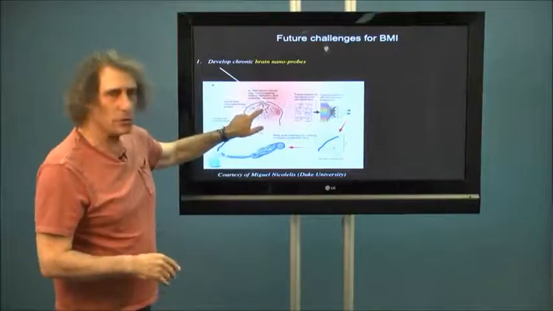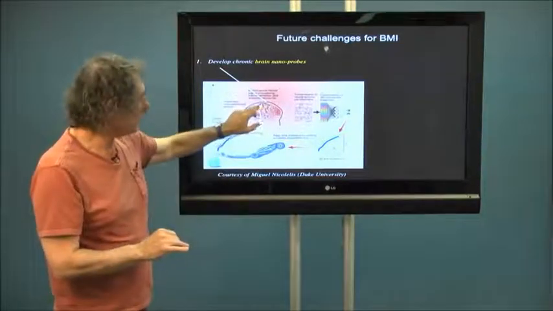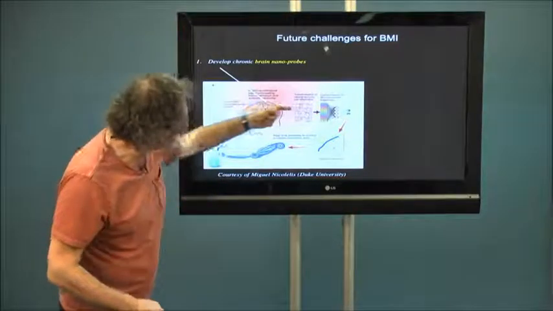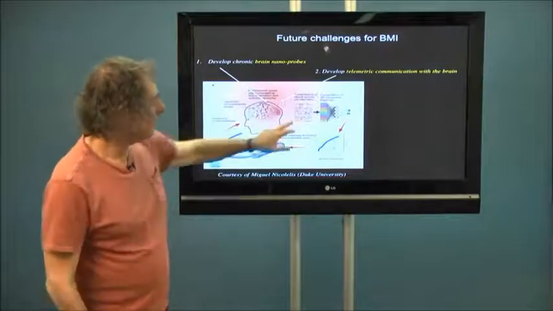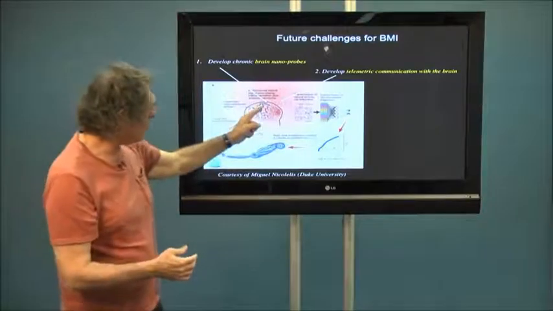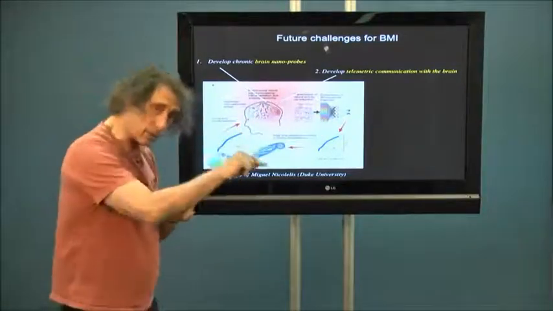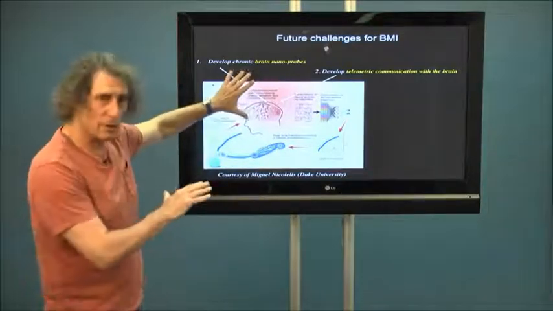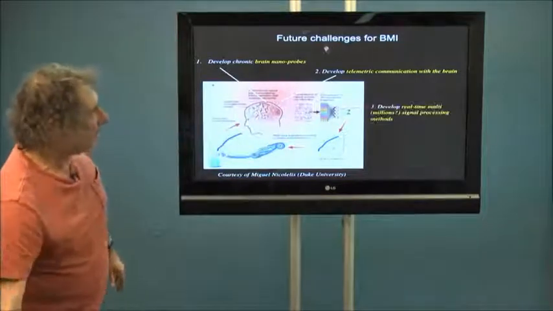You want to use nanotechnology in order to put chronically a little piece of machine into the brain that will telemetrically send the signal outside of the skull. So this telemetric communication with the brain, both from the brain outside, but also maybe to stimulate the brain telemetrically if we can do it to a particular region. This is the future. It does not exist yet. Some of it exists, but not all. The next challenge